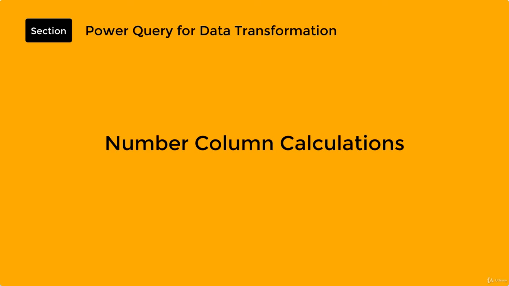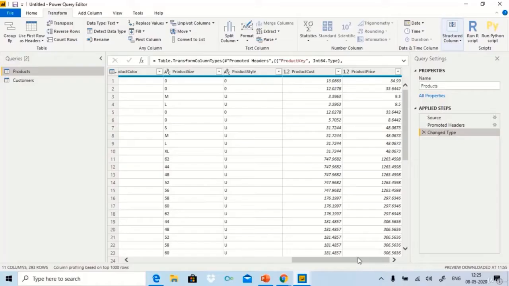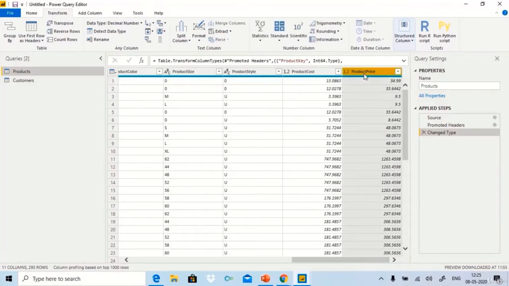Okay, so we have done enough talking on the text. Now let's get on to numbers. Now this is a pretty interesting part. Now in Microsoft Excel, as most of us know, if we quickly want to know the sum of entries in